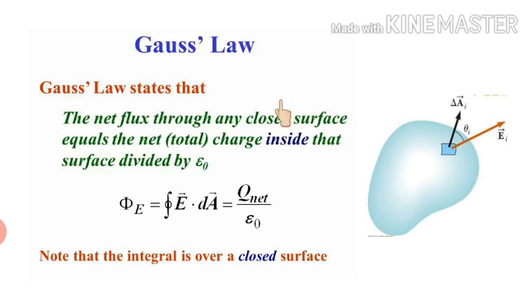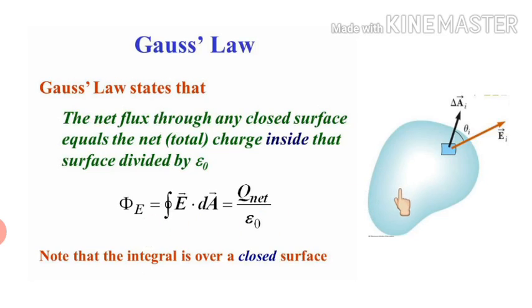That is given by Gauss law, which states that the net electric flux through any closed surface will be 1 upon epsilon naught times the charge enclosed inside that surface. So according to the statement, this expression is written: phi is equal to q upon epsilon naught. And we know what phi is: phi is the dot product of electric field and area vector. And since we have to integrate it completely, we have to use a closed integral, and that's why the closed integral symbol is there. So this is the expression for Gauss law.